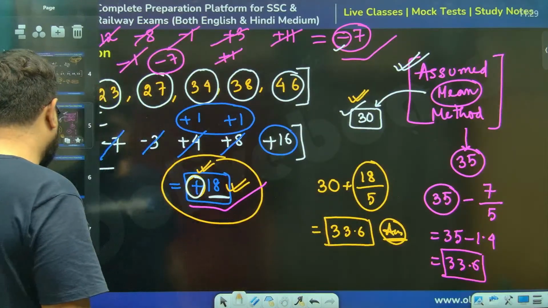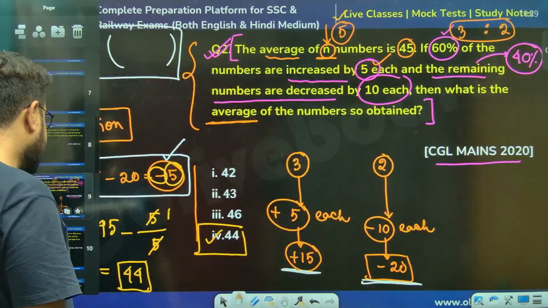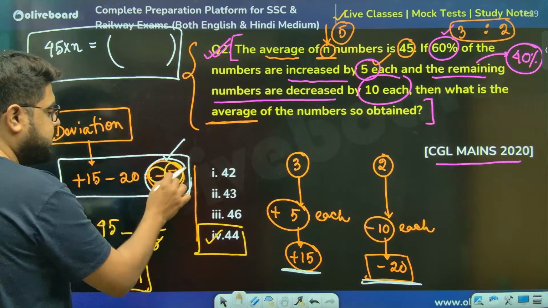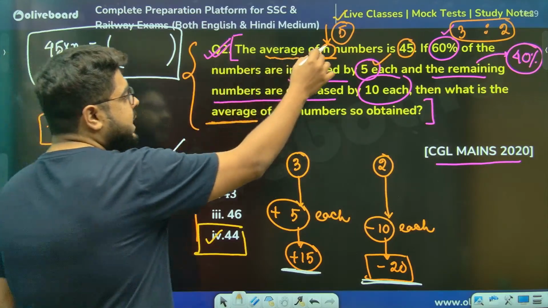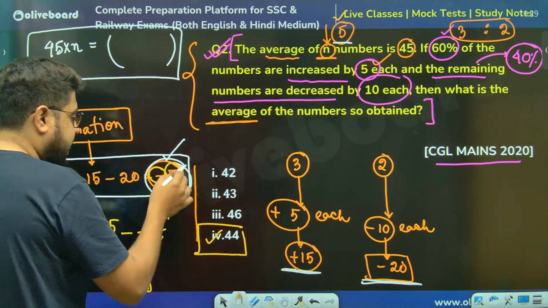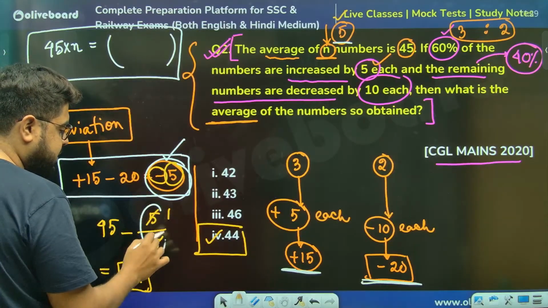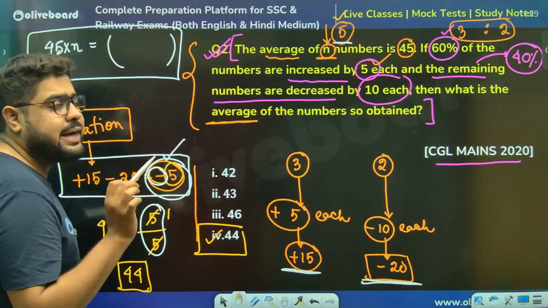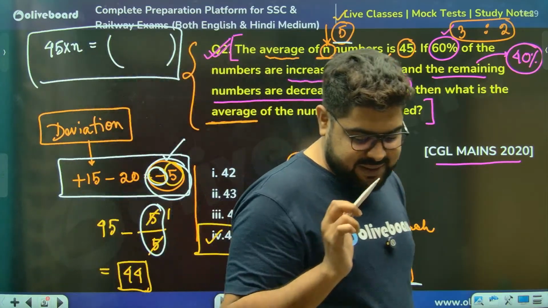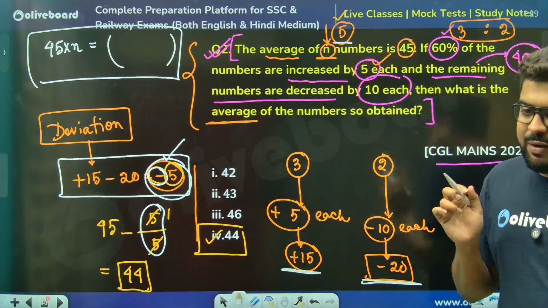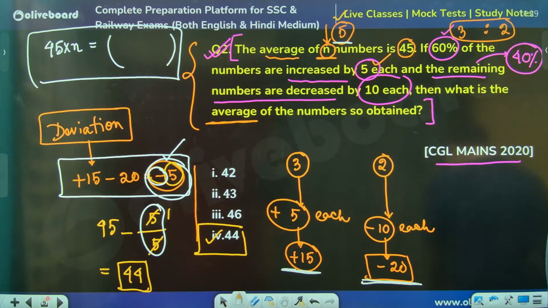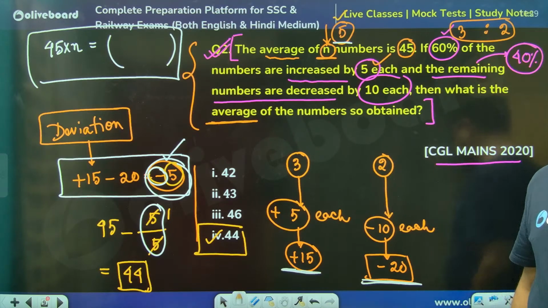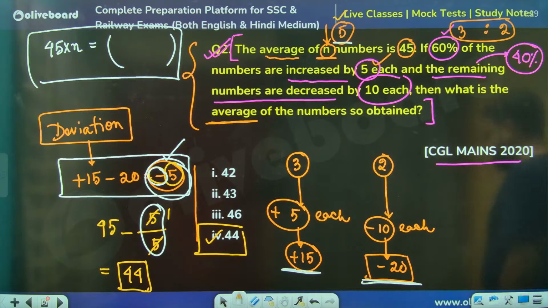Here also we are doing the same thing, Reena. The deviation is minus 5 in total, and there are 5 numbers I had taken. So I'm just distributing the deviation of 5 among 5 members. And why minus? Because the deviation was negative. That's all. Perfect, Reena. Clear? Don't worry. Got it. Perfect.